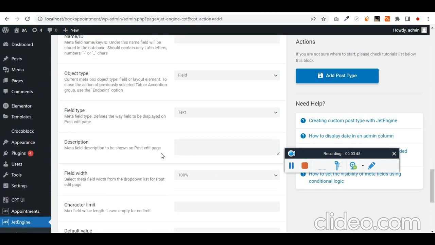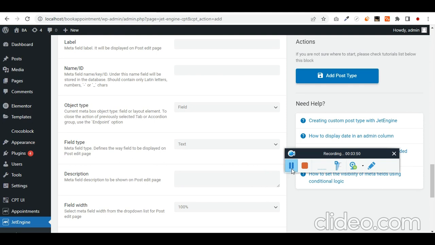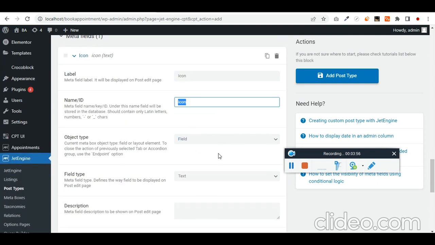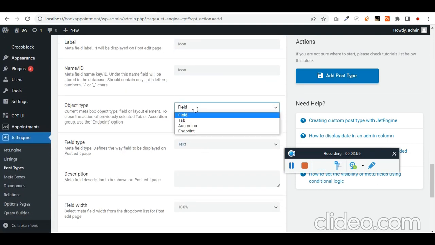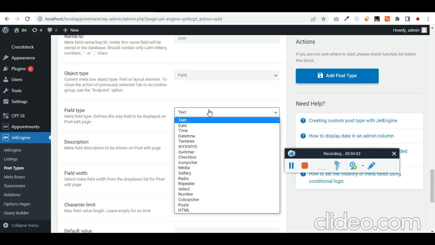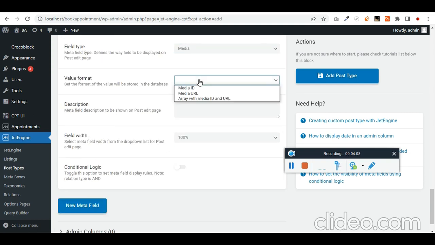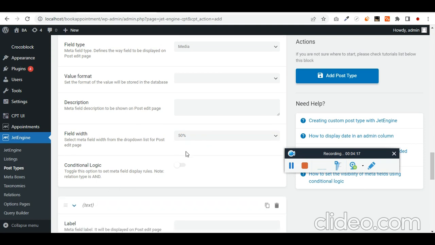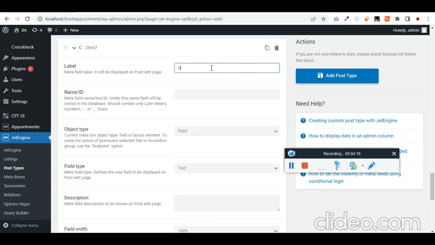Cool. What are the fields that we need? We first need, the first one is for icons. Create label for icons. First tab, object. This is going to be just a field, and the post type is going to be image. So media. Cool. And we want this to be just 50%. Click on add. Now we need another field which is cancellation,